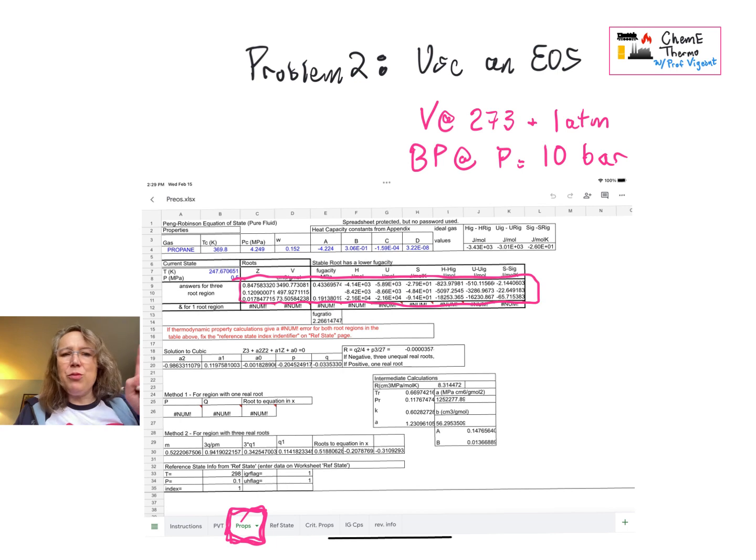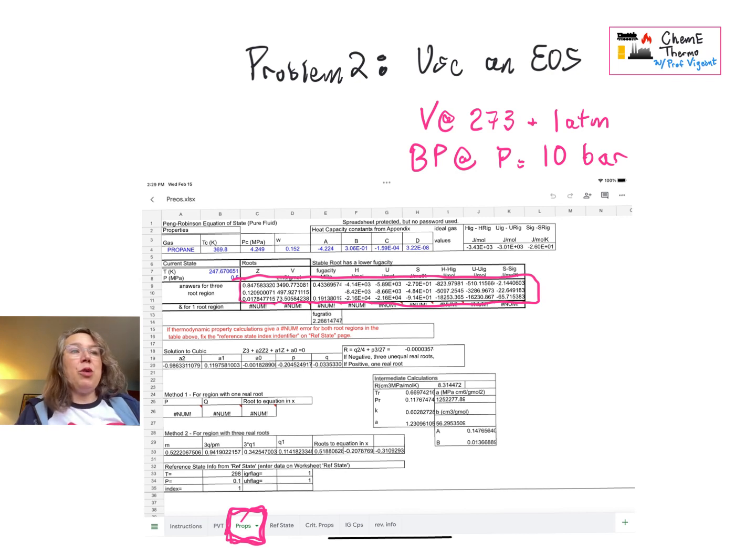When you only have 1 root, that means 2 of your answers were imaginary, and we know they're not true. And you say, okay, that's great. I see that there are 3 different volumes shown here for your example, which is propane, by the way, not methane, so you should be changing it to methane. How do I know which one's the right one? Well,